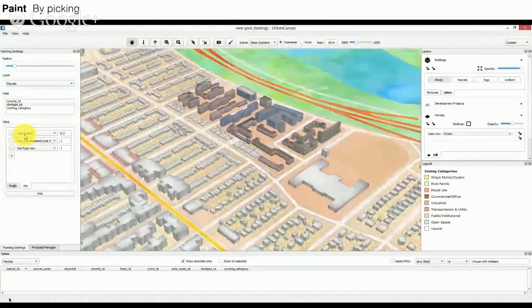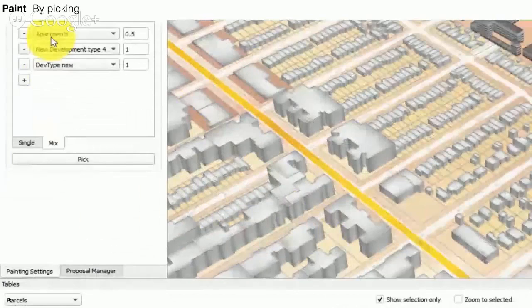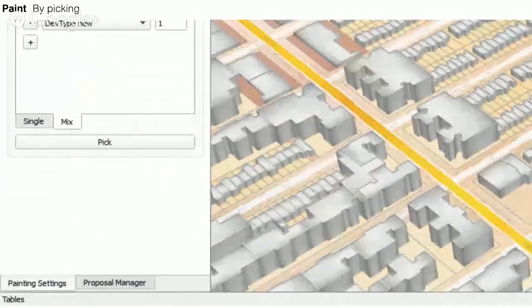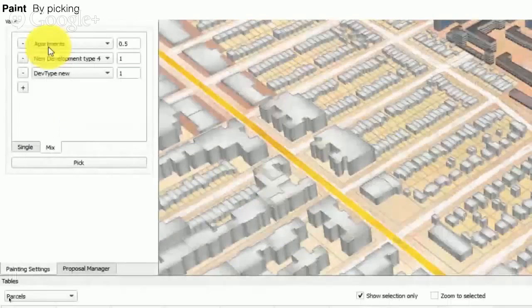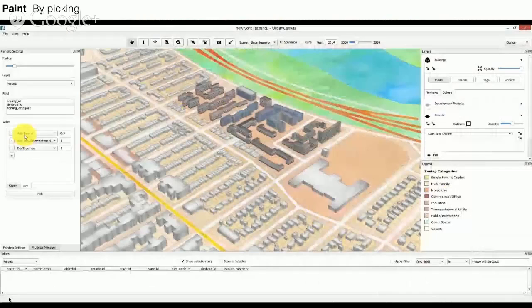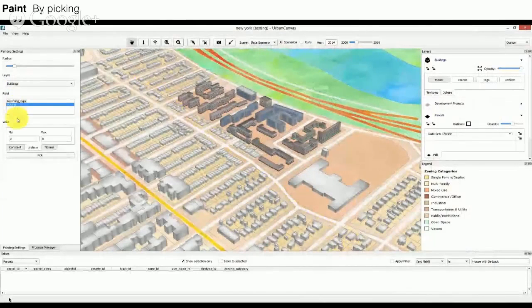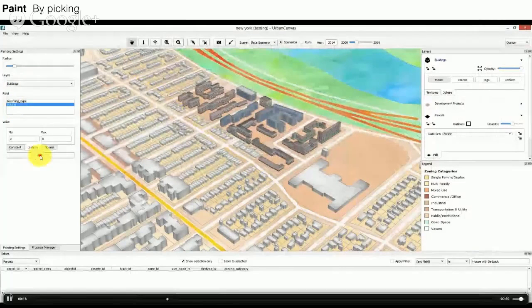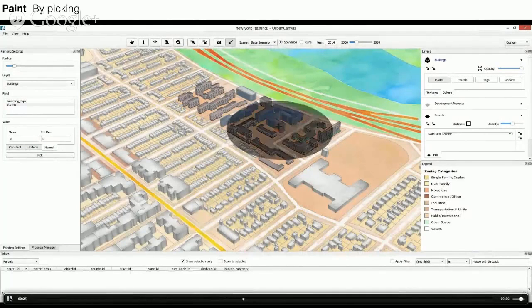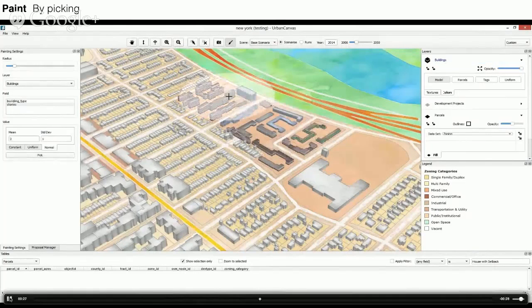Another way to paint is by picking properties. So you can pick properties from surrounding parcels or buildings and then paint those same properties onto your proposal. I don't know if you would need to do that in your actual workflows, but let's say you want to pick the range of heights of the surrounding buildings. So I see that the height in the surrounding building is 2 stories and the standard deviation is 1 story. And I pick that and I paint it on my site, and the same range is applied to my